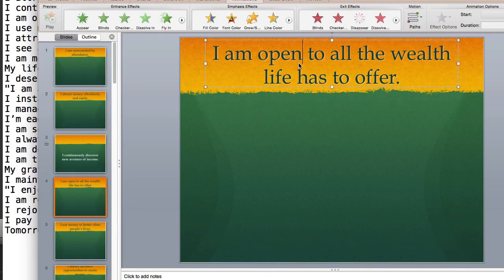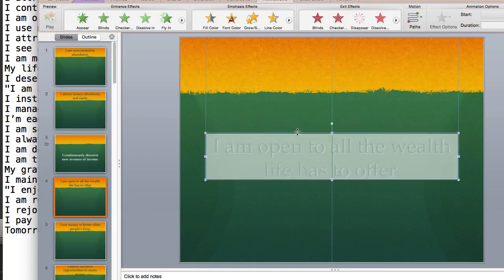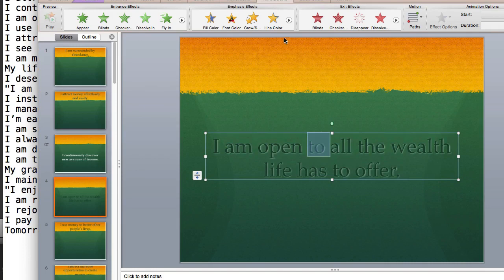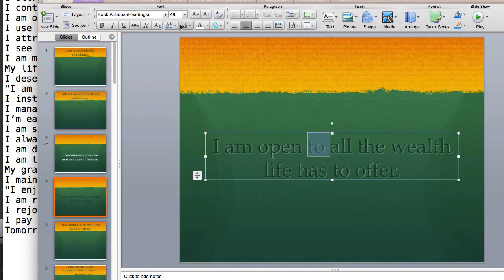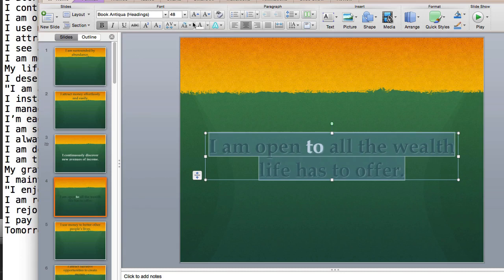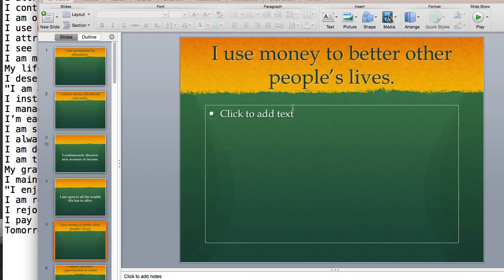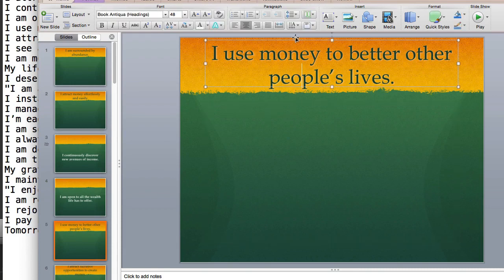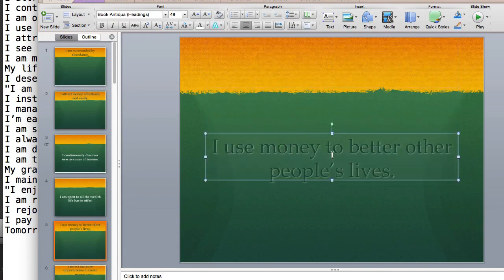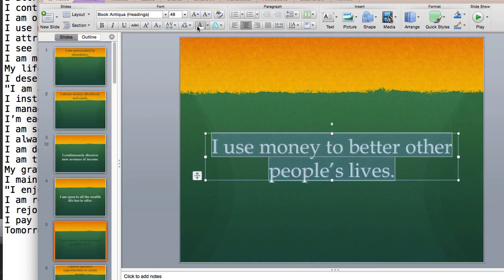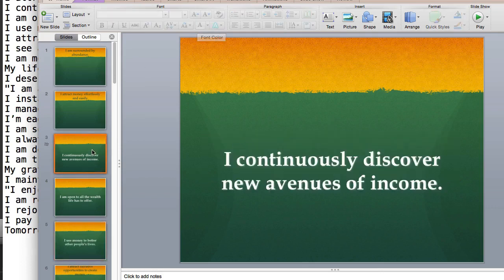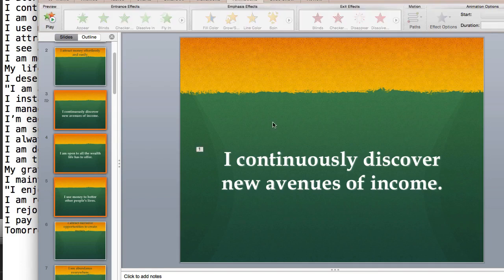This is kind of hacking it because I use Keynote most of the time. I don't know PowerPoint as well. But I'm just showing you how quickly you can learn this stuff if you need to, which I'm doing as I record a video. So there's two, and we'll do a third one here, just so I can make a little animation for you so you can see it on the fly. We'll make that text white again and bold. So we can take slides, whatever they are, 3, 4, and 5. I'm going to shift click all 3 at the same time, and then add little animations to each.